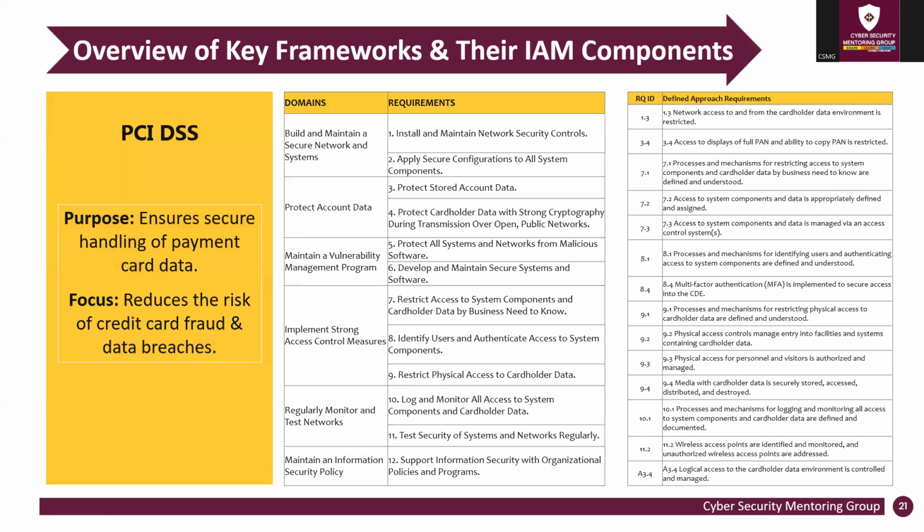So this is PCI-DSS, 6 main domains and 12 requirements, and PCI-DSS deals with identity. Identity, for instance, a PAN deals with the identity of someone. So they have specific requirements that, in fact, if you look at your card and the receipt you get from maybe transactions, you will see that